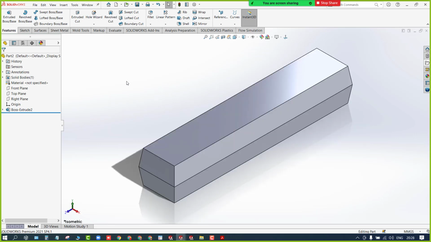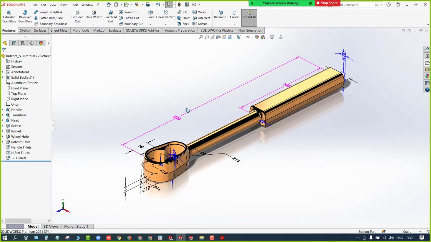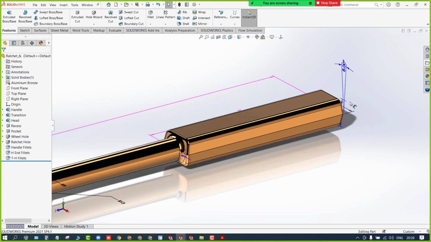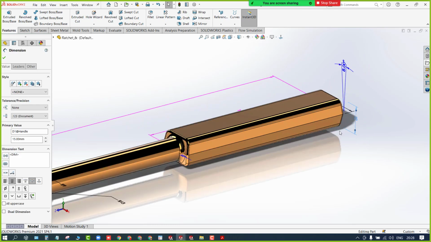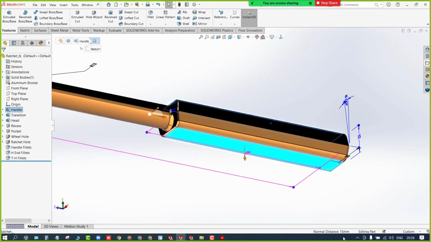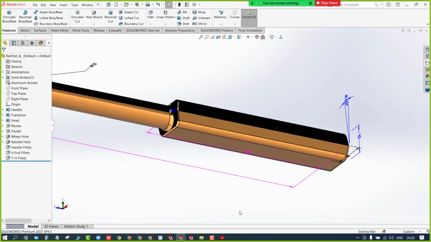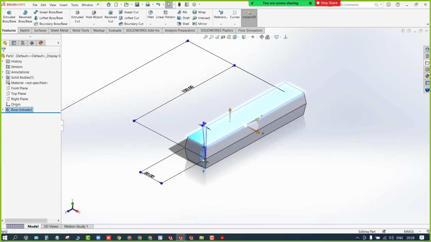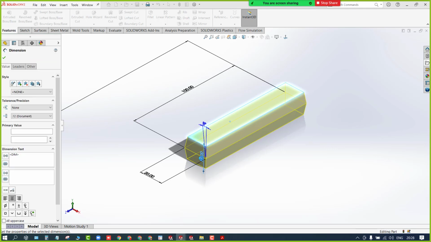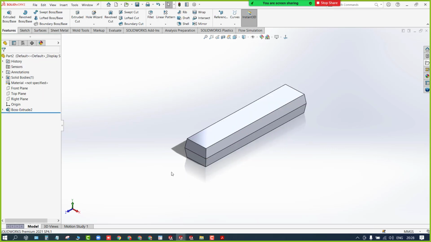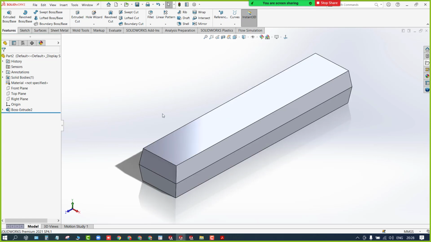To cross check this draft and the depth, I need to calculate here. The shortcut is to cross check the depth. It is already given here. It is 15. Okay, otherwise you can hold Control and select these two faces. It will showcase here. Normal distance is 15. So how much have we defined for this? 18. So make it 15. Double click on it right there. Okay, you don't need to go into the feature and make the changes. Any doubts up to here?